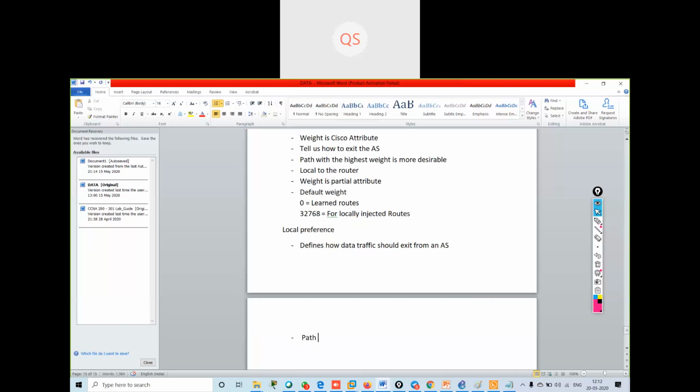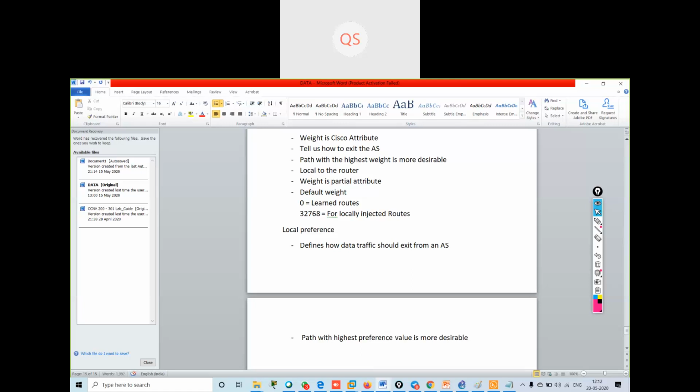Now, the path with the highest preference value is more desirable.